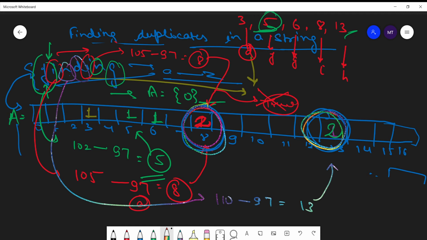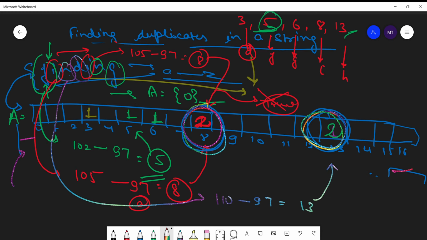So we can just make an order n iteration from index 0 to 25 and check if any index has a value more than 1, which means it has been duplicated.